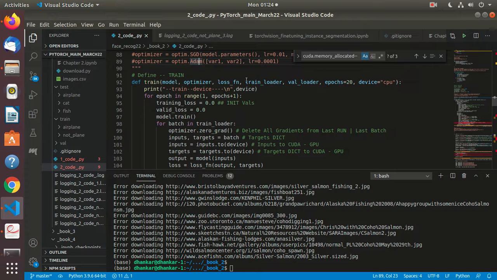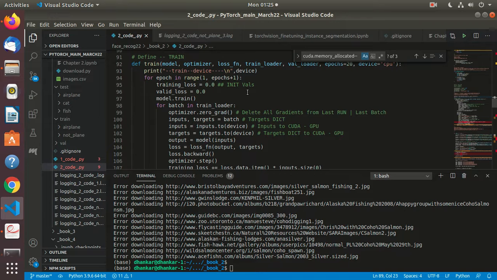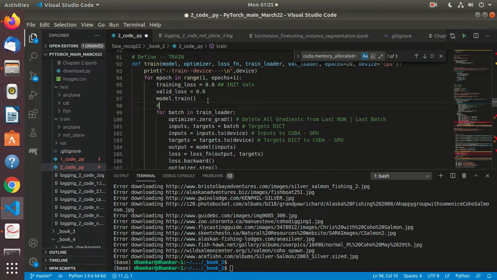So the model, the optimizer, the loss function, train loader, validation loader we've defined here. Epochs by default he's giving 20. You can pass in whatever value. Device he's by default giving CPU. So if we have a GPU available, we'll check for that and then we'll pass everything and move everything to the GPU. Now for epoch in range, he starts off with 1 and goes to num epochs plus 1. Training loss, I think these are initial values, validation loss, initial values. Model gets trained over here, and once training is done, then